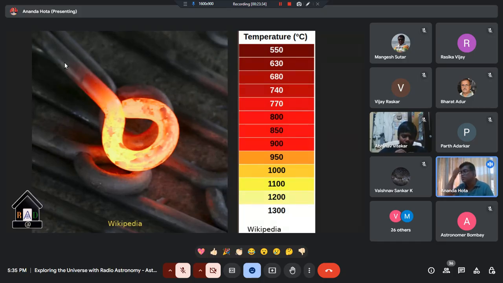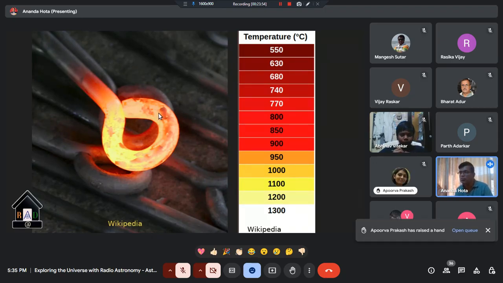So as you can see in the chart here, the things which are looking this yellow is actually 1200 degree hot. Things which are looking this red, 900 degree. Things which are looking this red, 500 degree. Because it is a thermally heated system, the temperature determines at what wavelength maximum light that object will be radiating.